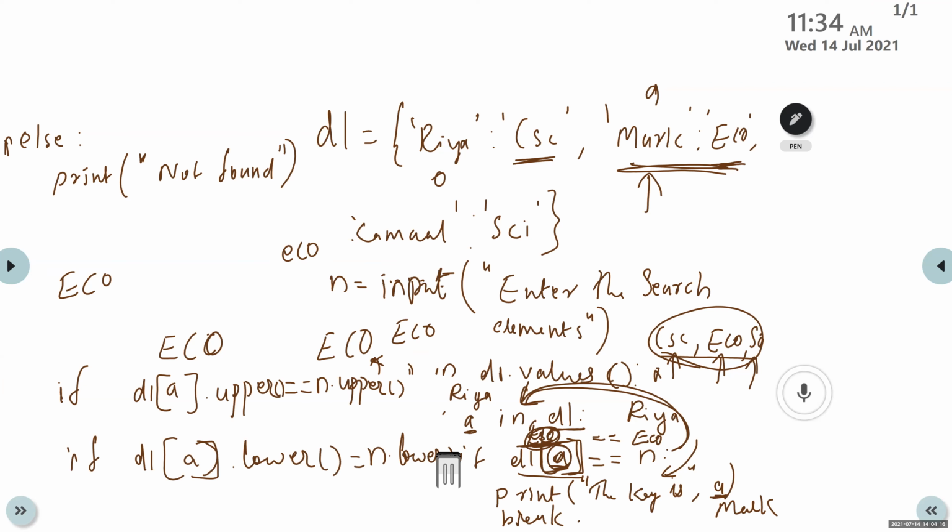The case will be fully in lower letters. Here the value is ECO, then n dot lower is also converted to ECO. So here also the result is same, ECO is equal to ECO. This is also possible. Either you can use upper or you can use lower. Okay, Aryan?